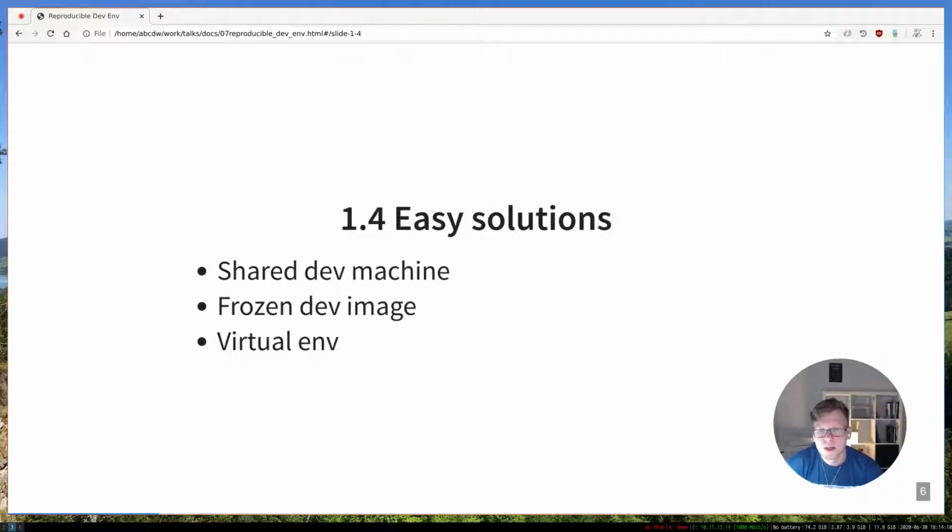That is why we go to the next idea. We can freeze the operating system in some image and distribute this image among our team members. For example, you can create an ISO image of your operating system with all necessary dependencies and all source code and so on, and just give a disk with the ISO image burned on it to the developer and ask